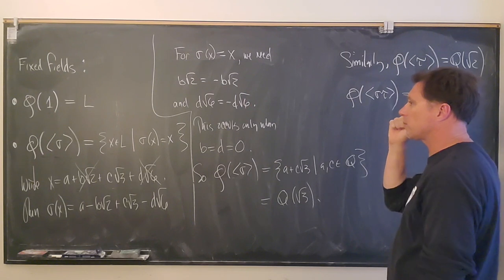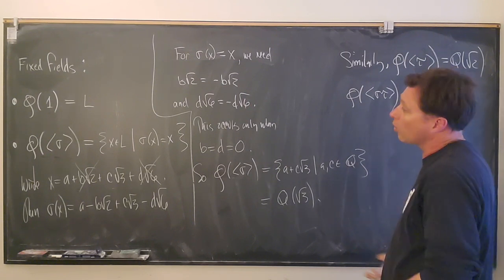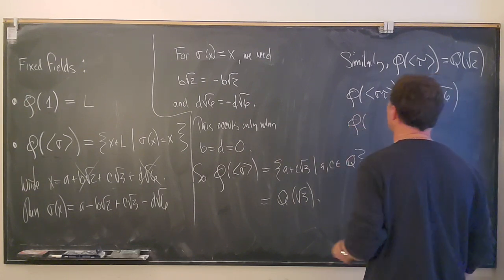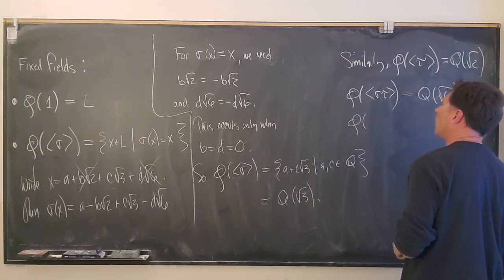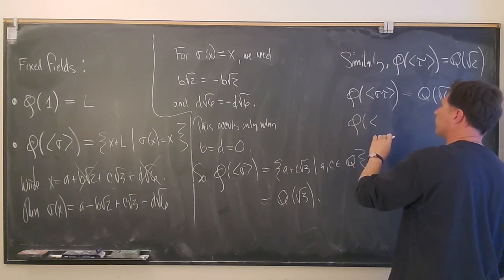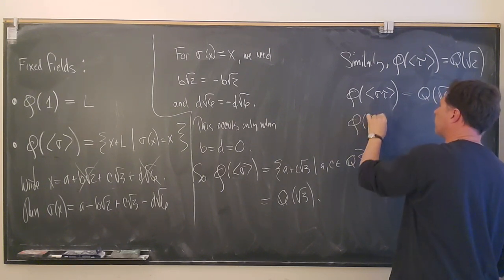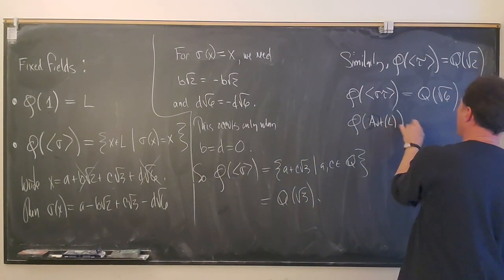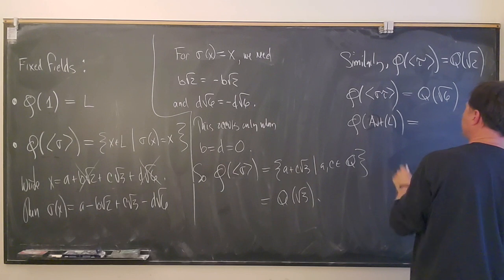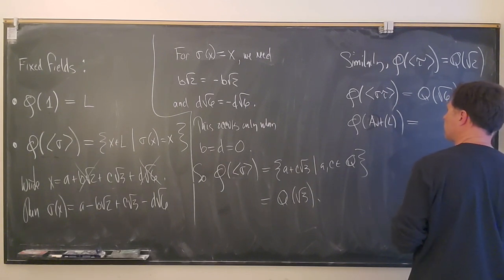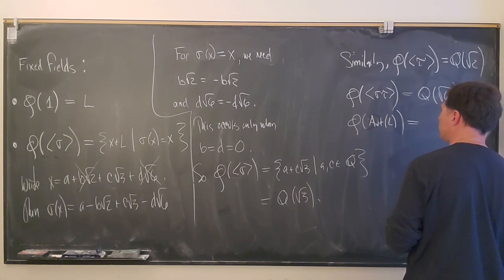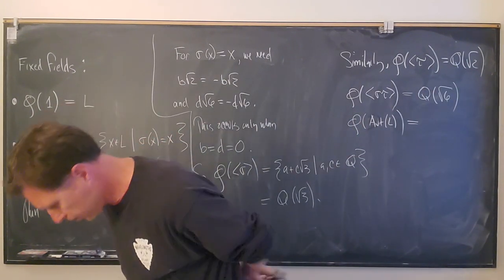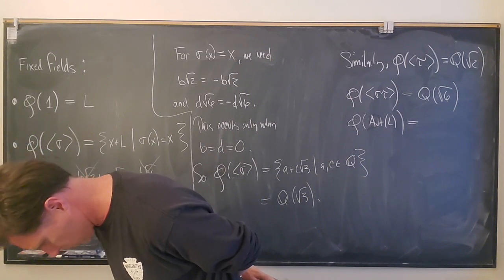Anybody else? Any other subsets? Oh, I mean, who's fixed by, we could take this one more step. Who's fixed by every single automorphism? Well, that's just going to be, who's that going to be? Who's fixed by everybody? Oh, you know what? I don't even want to write this down. Never mind. I don't want this. Sorry.